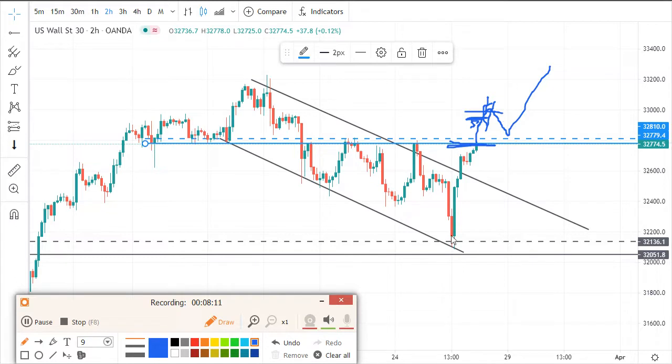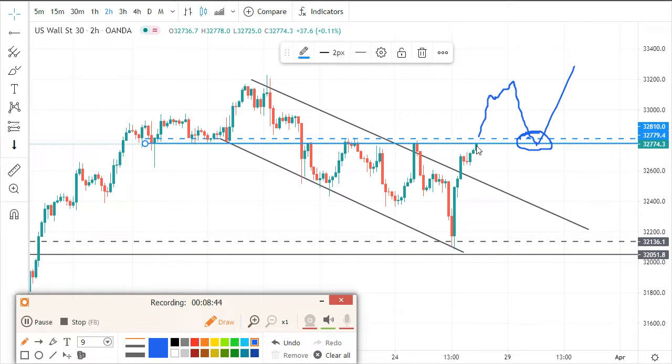But the safer way is to wait for retest and buy then, because these things, they really respect this resistance and support. They will come and bounce here, even if it doesn't happen now. But when the market opens, you will see a bigger rejection. That rejection will come and bounce around here exactly, then the market will push higher. So on